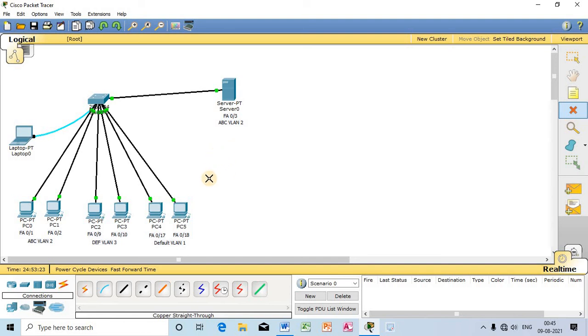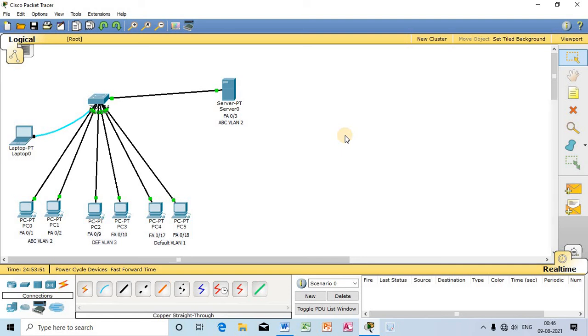But in that case, every time we request an IP address from any particular system, we actually have to reconnect the server to a different port according to the VLAN. So that is also a complex job for the network administration.